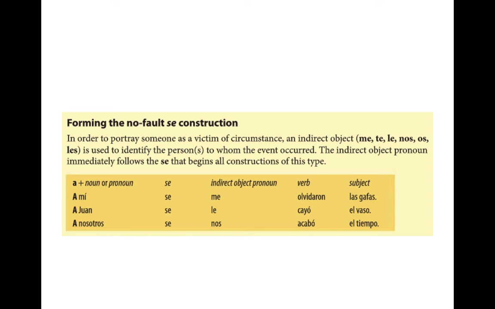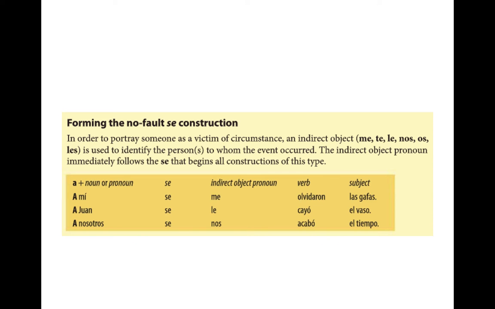Sometimes you have this a mí, a Juan, a nosotros. It is a double that is accepted in Spanish. In English, we usually don't accept it. For you to double things, you wouldn't say, this happened to her, to Joan, right? In Spanish, it is completely okay to say to Juan, to him. And this is what the